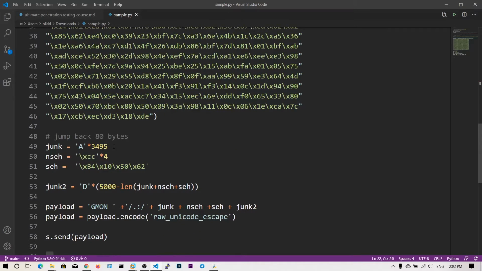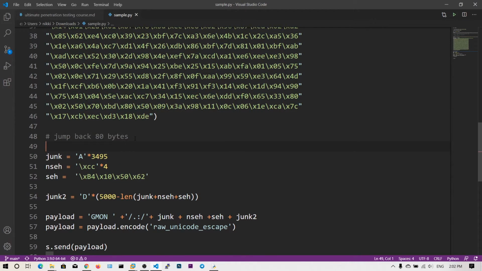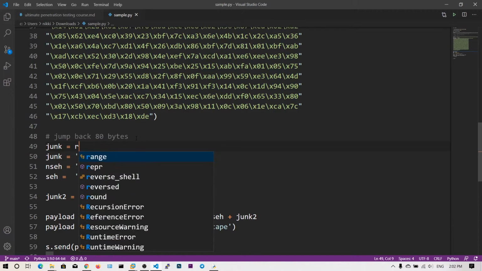So we are going to send the shellcode instead of this. Say junk is equal to reverse shell.